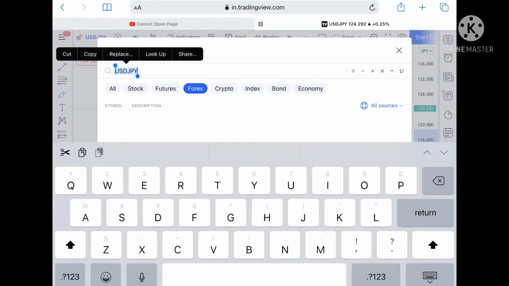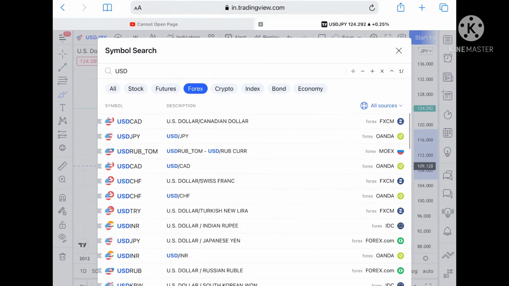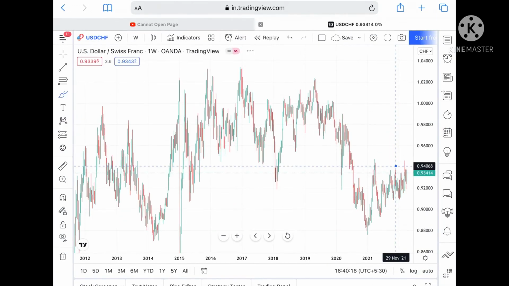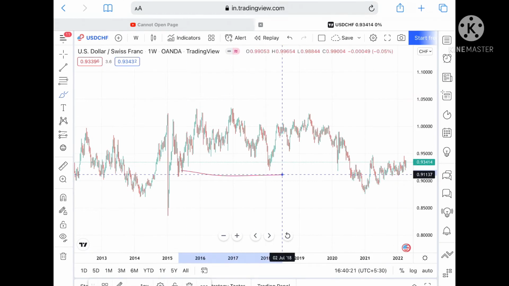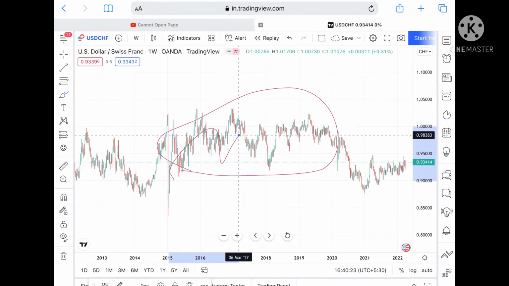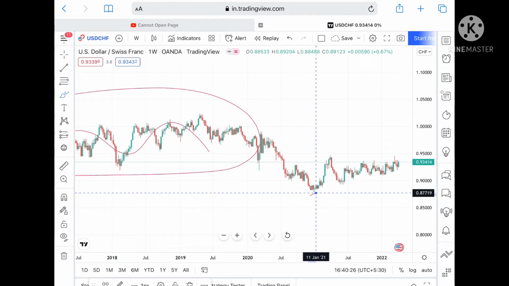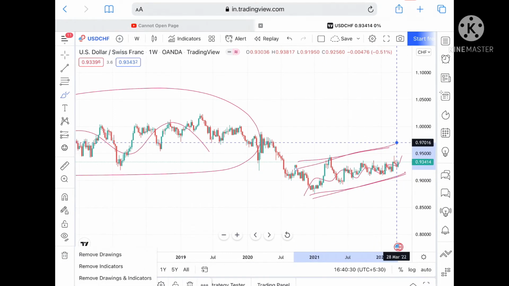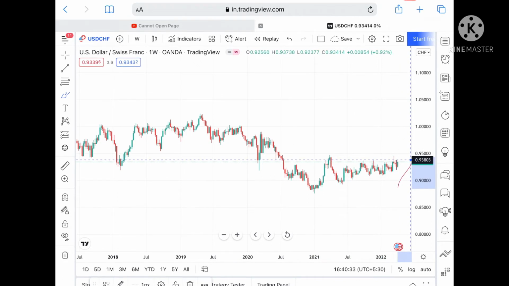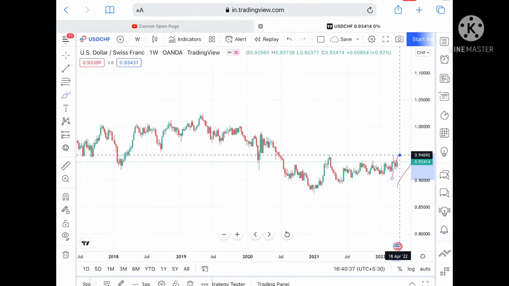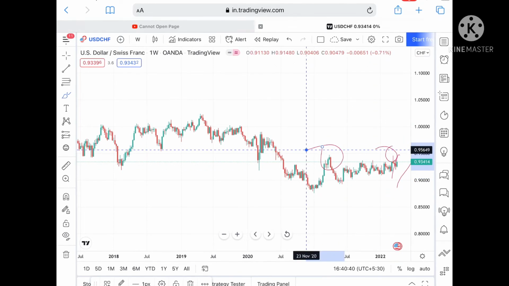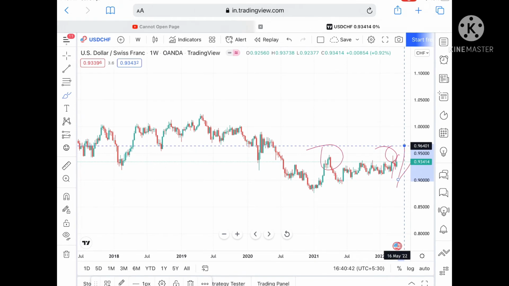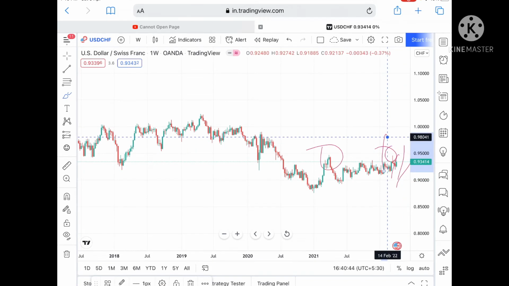If we talk about USD CHF, what we can see is that this is the range where the price has sustained for so long, but after this we have seen an upside, though it is slowly moving upside. If you look at the trend in this particular range, okay, suppose the price sustains this level, then we can see it can move towards a level of 0.93803 and from there we can see it can touch a level of 0.94692 and these levels are already being tested here, so the probability will be high, we can see a level of 0.96409 and from there we can see it can move further upside towards a level of 0.9804.